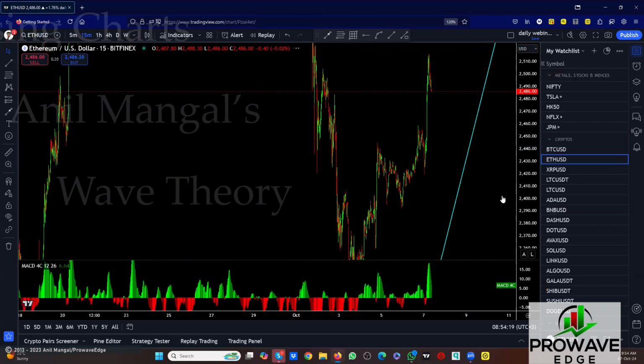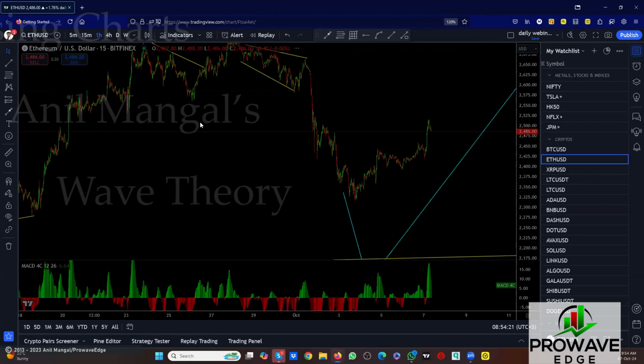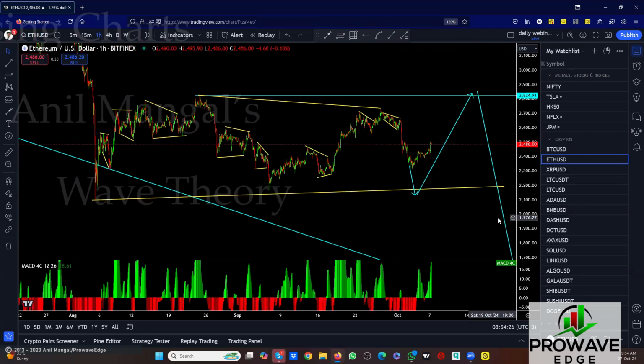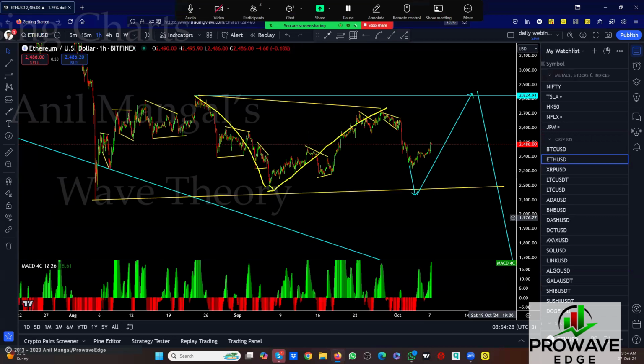Okay, this did make some more upside. I think this can, let's see what we have here. Okay, we haven't broken this low, right? We haven't broken that low. We want this move down because we've got this correction. So I think this is more of a deeper correction. It will eventually drop here and then go.